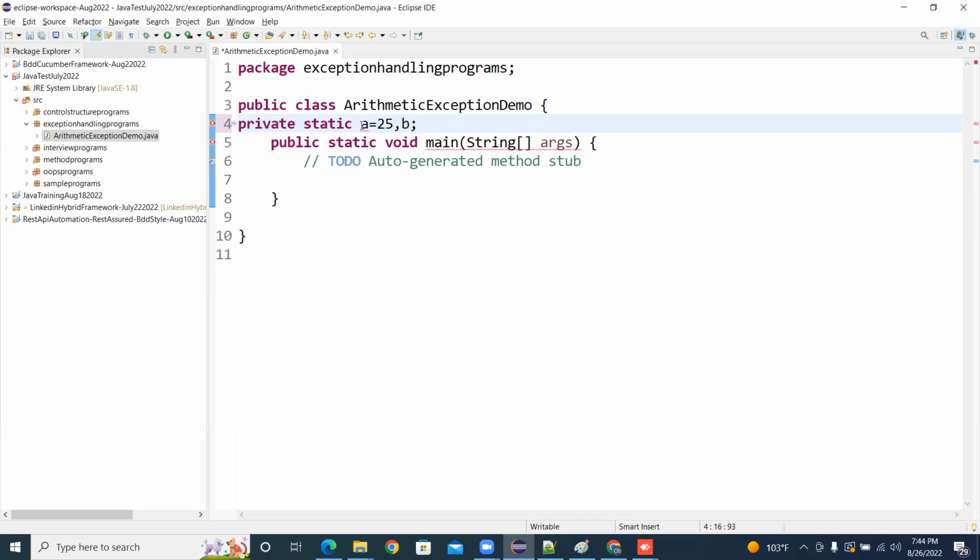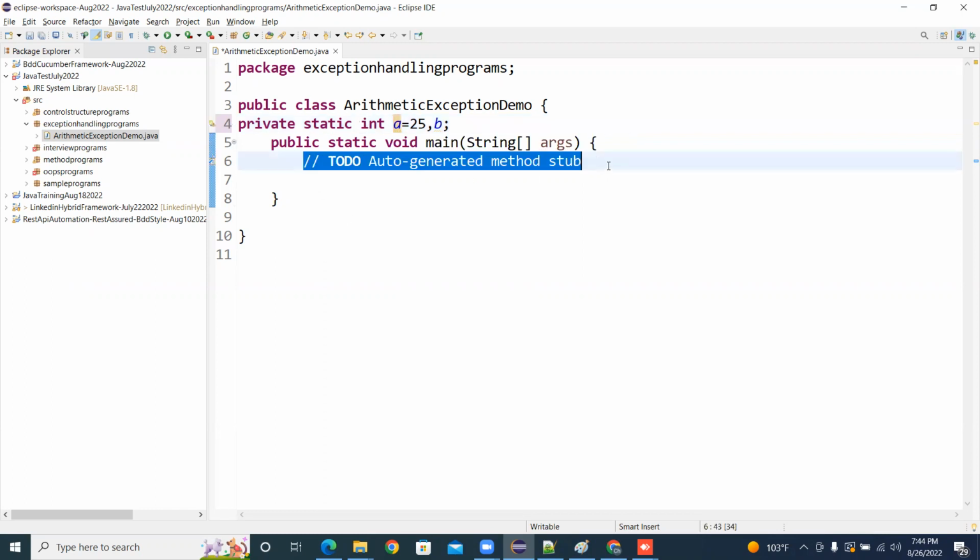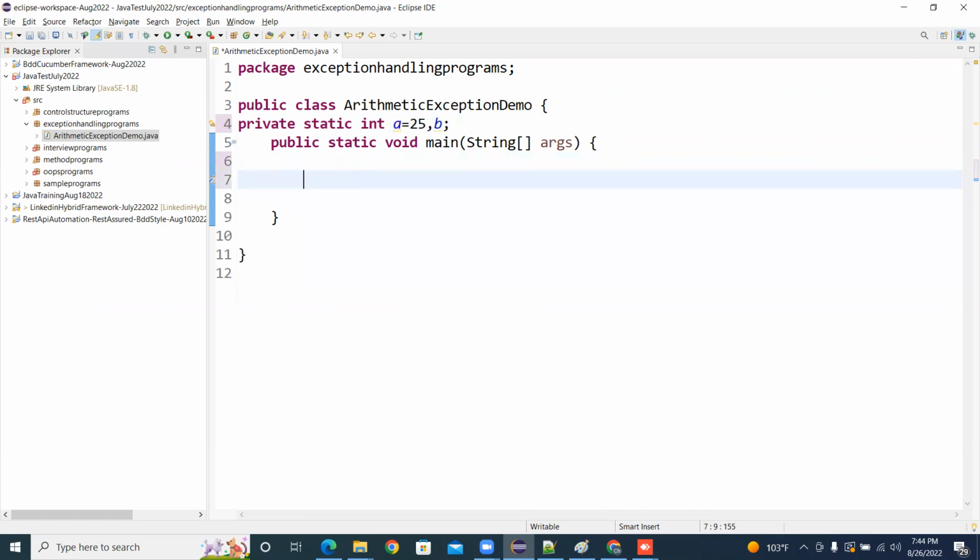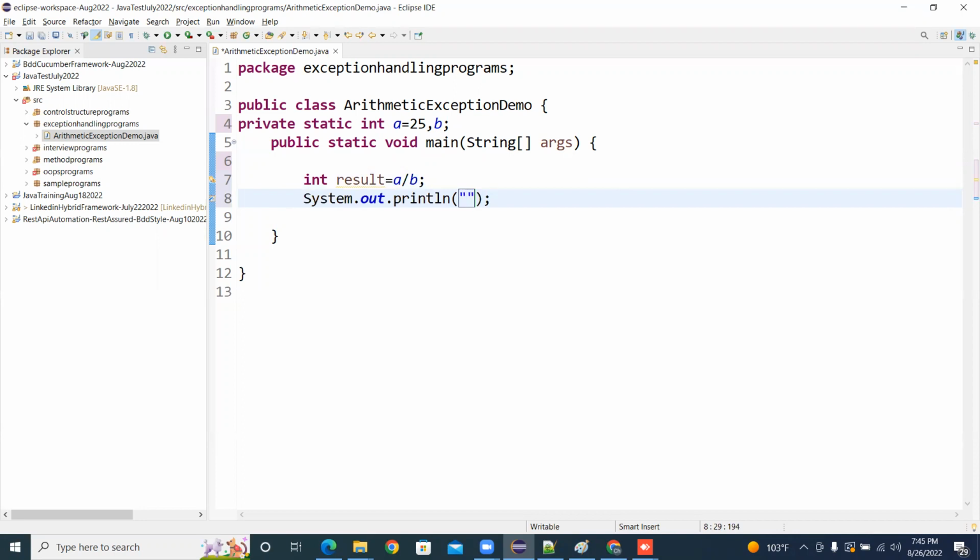Static. Data type is missing. So now you can see that I'm just dividing a by b. So int result equal to a by b I'm doing. Okay. Now what happened? So a by b output is plus result. Okay. Then